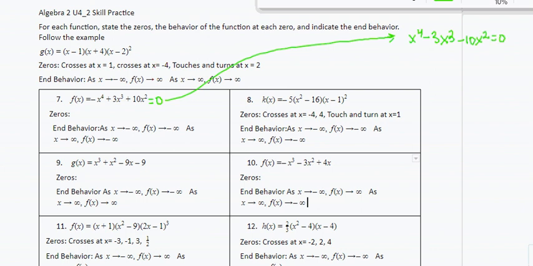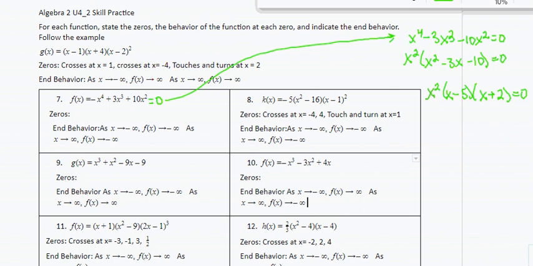Now I want to factor out an x squared. So I'm going to have x squared times x squared minus 3x minus 10, still set equal to 0. Now I can factor this interior portion, so that gives me x squared, and that factors to x minus 5, x plus 2 equals 0. So now that I have my function in factored form,